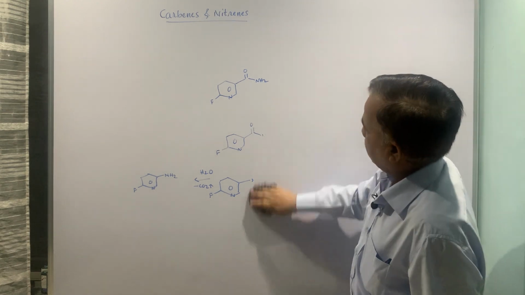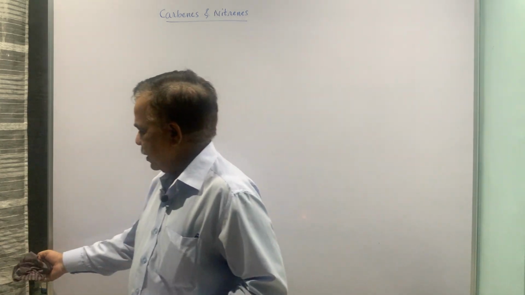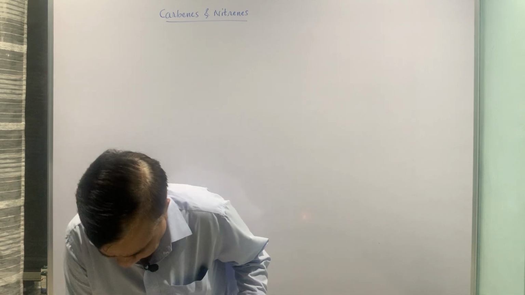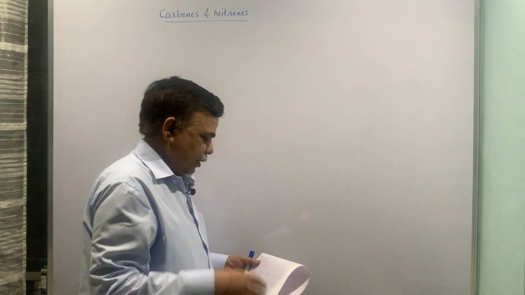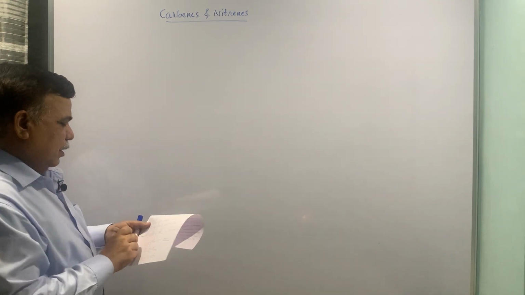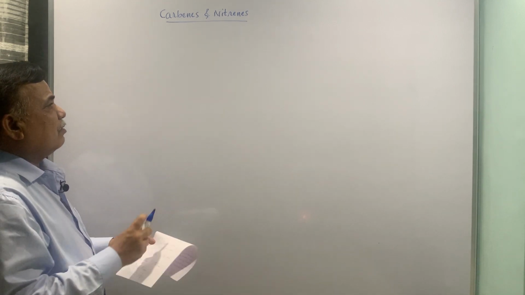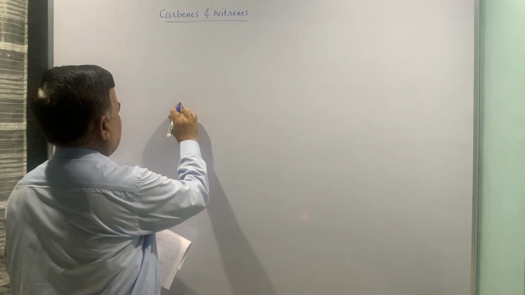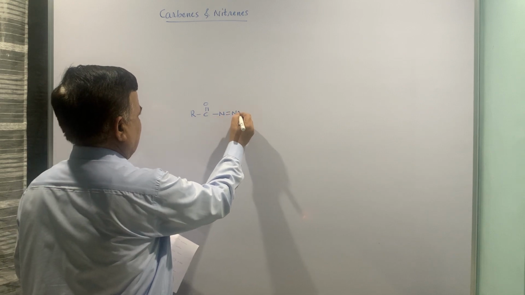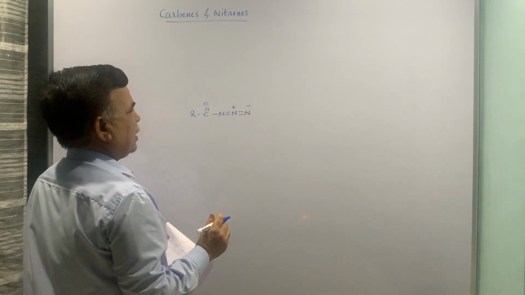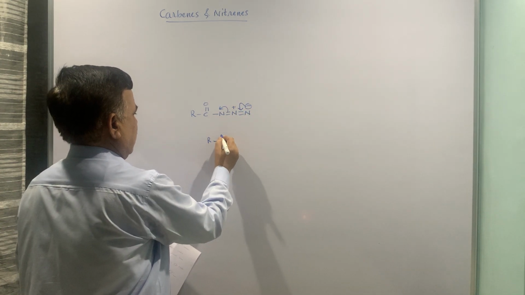Now, the next example, wherein we are going to look at another named reaction which we have already studied, that is Curtius rearrangement. Curtius means you have to remember azides. So, when azides are treated with heat, N3, I am just putting N3 in expanded form, this is azide. So, this comes here, this comes here.